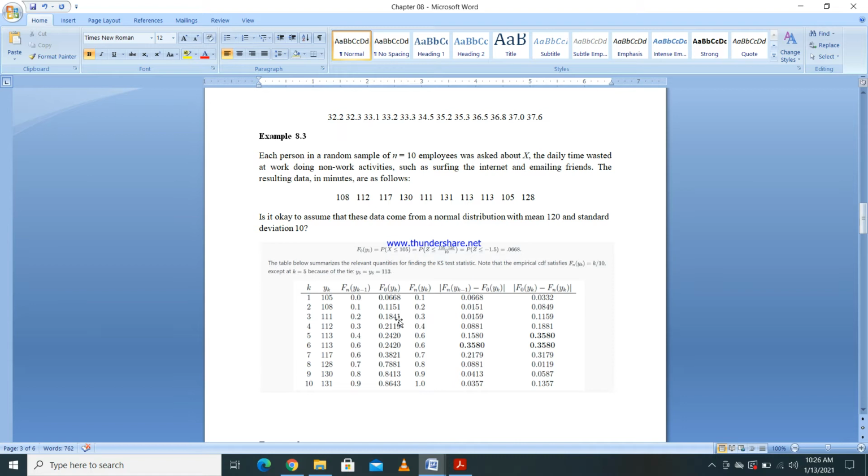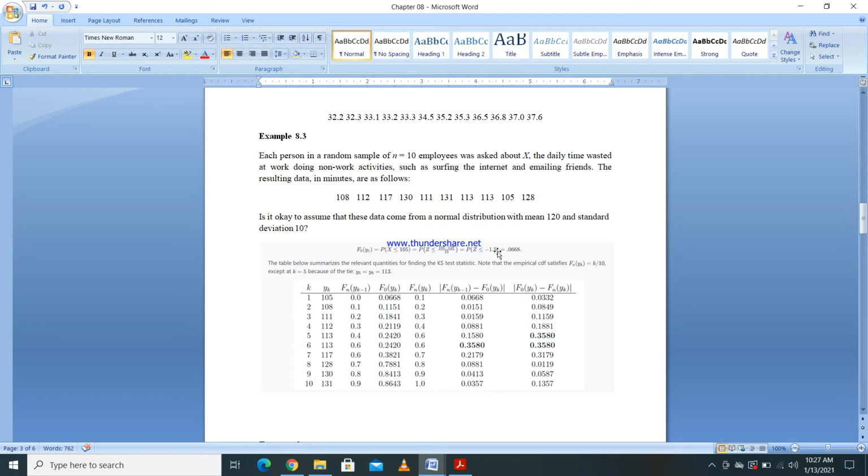Right? So, if we are going to compare the empirical distribution function with this normal distribution, okay, so the value is 105. We want to find the probability x less than or equal to 105. So we take the empirical distribution and the real value of this real distribution, and we check the gap between the empirical distribution and the real distribution.